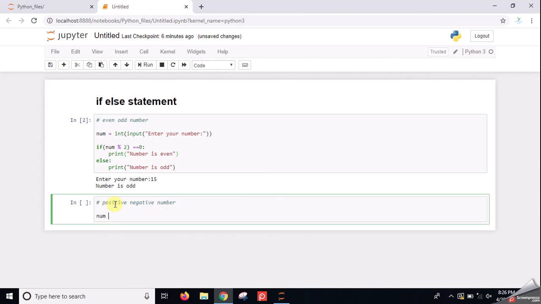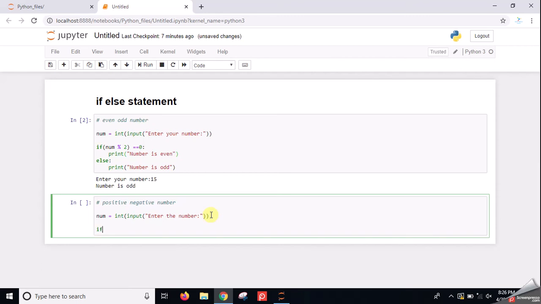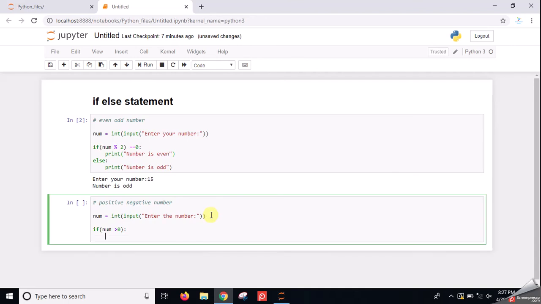In the same way, we will take the input from the user using the input function and convert that string into an integer number, and then we will give some conditions that if num is greater than 0, here we put the colon, then print that the number is positive.